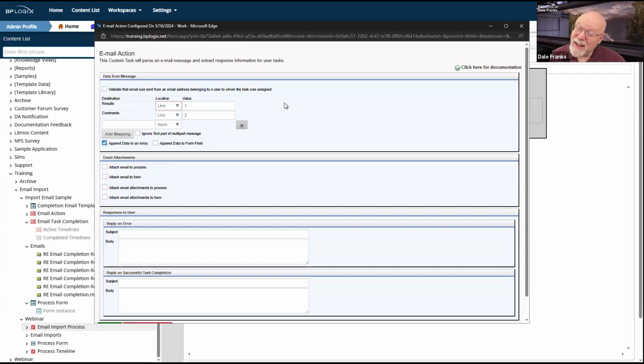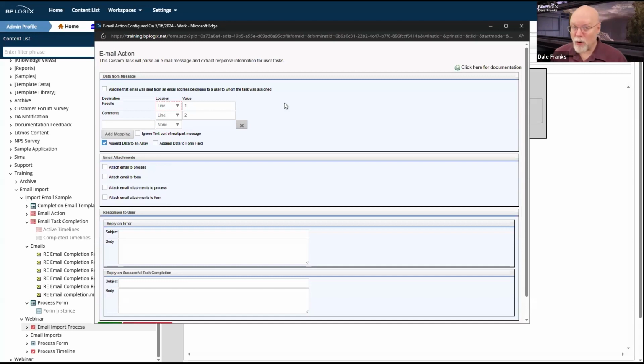This also gets a little tricky if you require signature comments for a deny result, because it's going to fail if they do not provide those signature comments. So you do have to be a little careful, and your users have to be a little diligent if you're going to have that kind of setup where I'm requiring comments for some results, but not for others. They need to know when to supply those results. If they don't, everything is going to go a little wonky on you, and it's not going to complete the task the way it's supposed to complete the task. So you got to be careful with that.